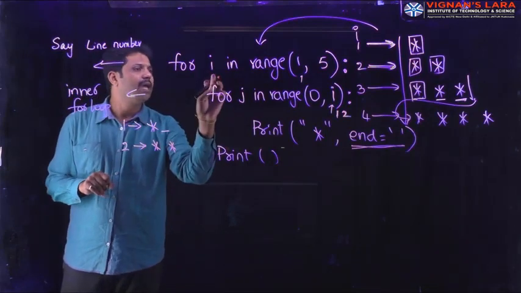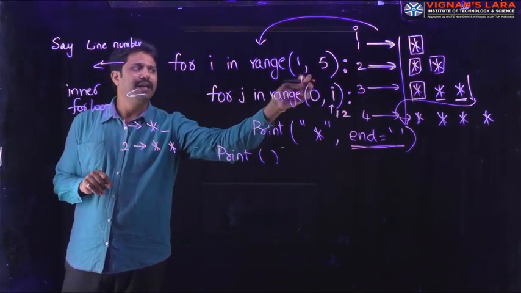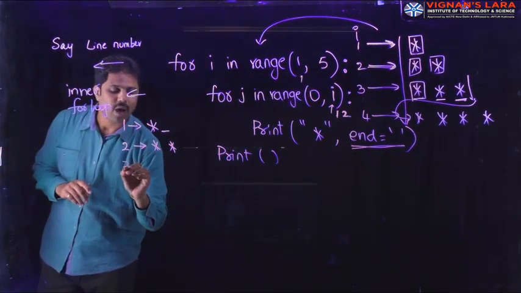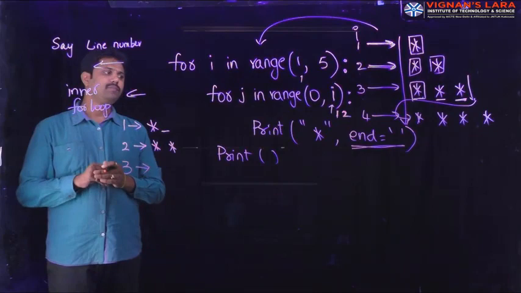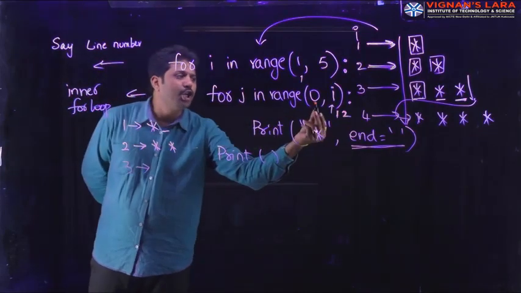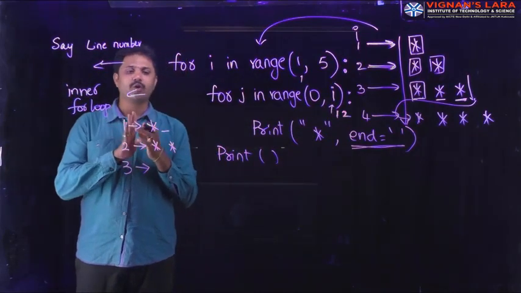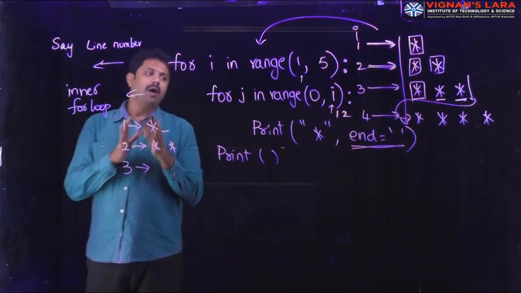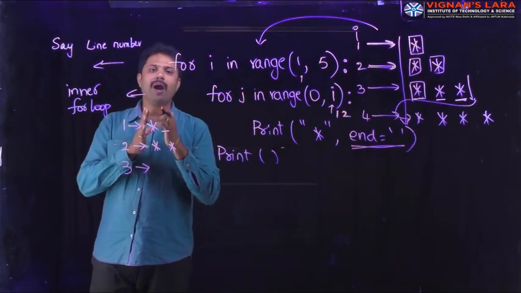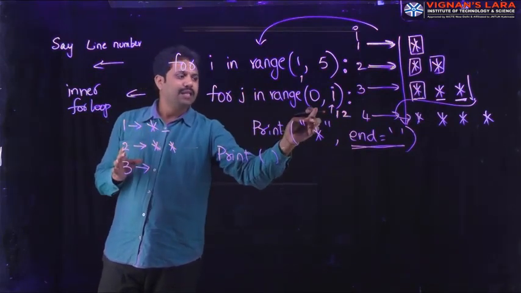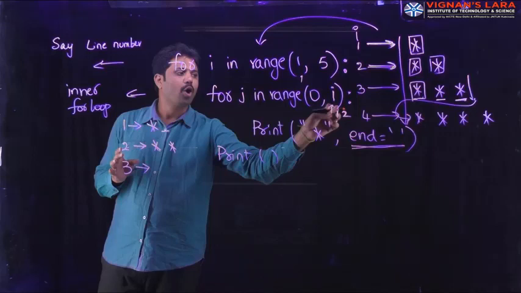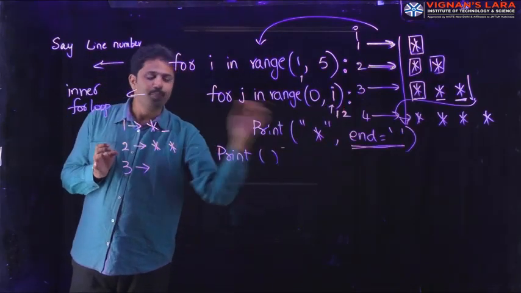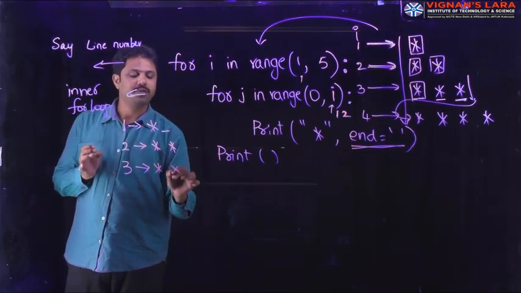Here, I have the i again. i is going to increment to 3. Now I am in the third line. Now here 0 comma 3, that means how many times is it going to iterate? 0, 1 and 2. If it is 4, then 0, 1, 2, 3. That's why here I am going to take 0 comma 3, that means 0, 1, 2. That's why it prints a star 3 times.